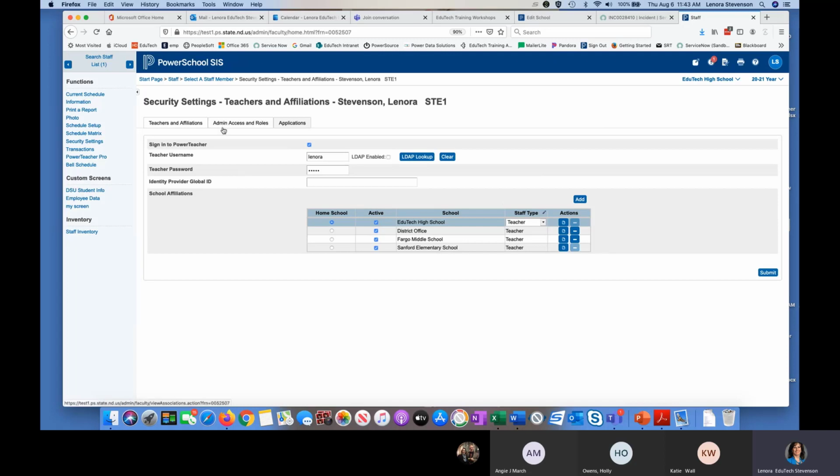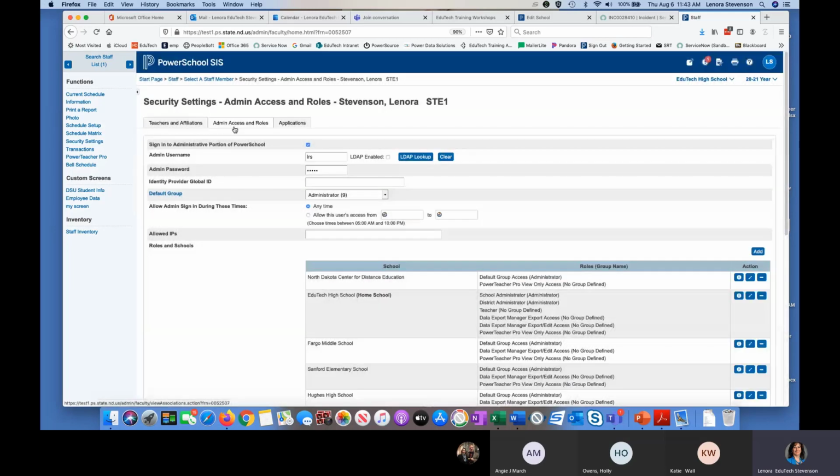So we also have a couple other tabs up here. Admin access and roles. This is what is giving you permission right now to be signed into your school. You are checked as having permission to be signed into the admin side. You have a username and a password. There are default groups that are set up which have different sets of permissions. So sometimes you might even have